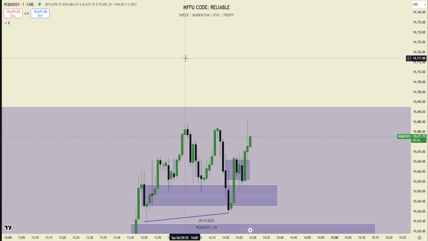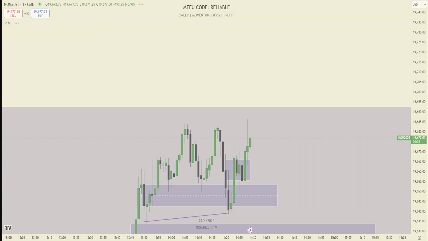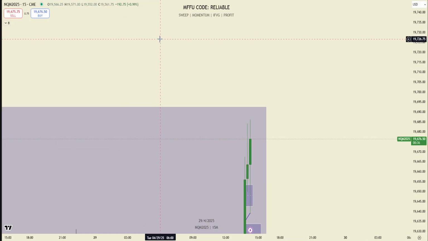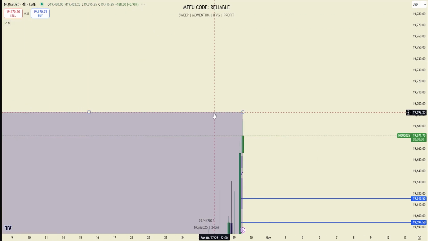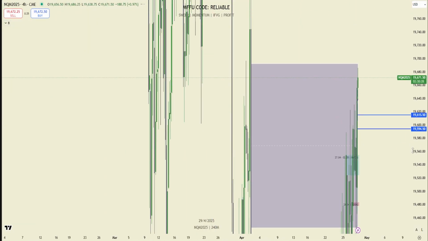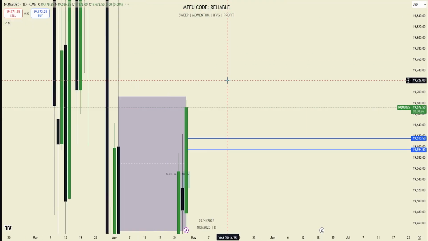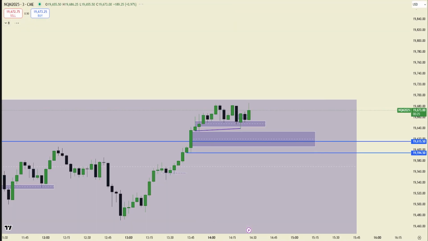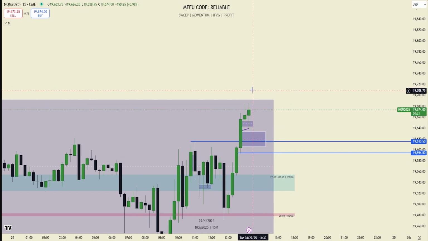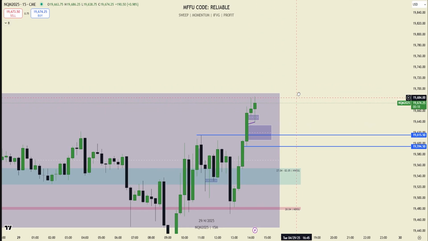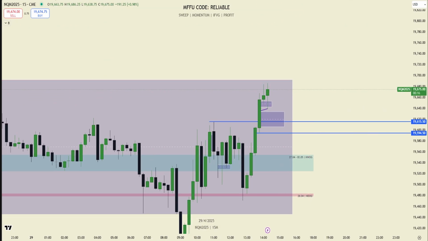What's really going to throw me for a loop is when we inverse the 15-minute up right at 3, and then we chop around. And then because we've been bullish all day long, we become bearish at 3 o'clock to put in the wick on the daily candle. That's going to throw me off. I hope that doesn't happen, because then my bias is going to be completely wrong when we inverse this 15. I'm going to want to be bullish, but price is going to be basically bearish because of power of 3.